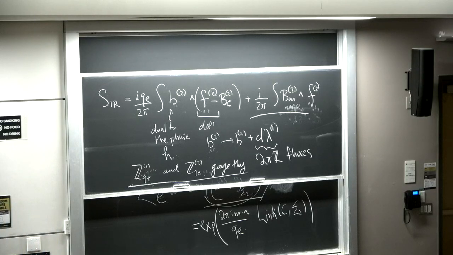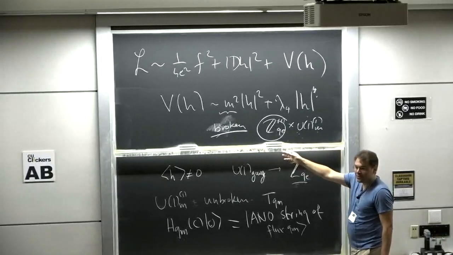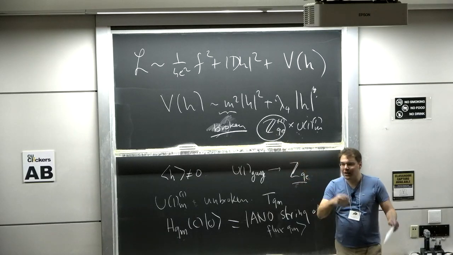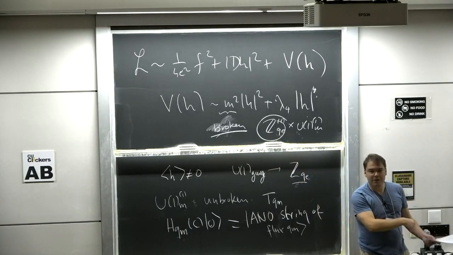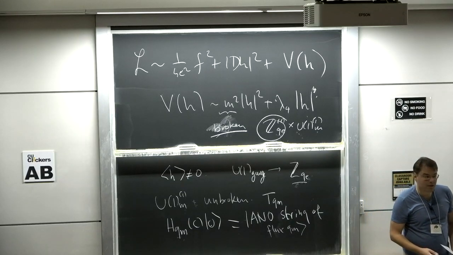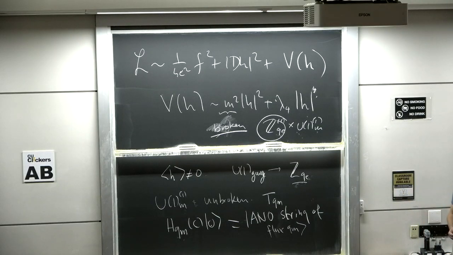Conversely, if you gauge a subgroup of the electric symmetry, so if n is a divisor of Q electric, and you gauge a Zn subgroup of the electric symmetry, then you reduce the charge of the Higgs field by that factor n. So these are inverse operations. You can gauge a discrete subgroup of U1 magnetic, you can gauge a discrete subgroup of U1 electric, and you can go back and forth between models that have different electric charge. So these models are very simply related by discrete gauging.